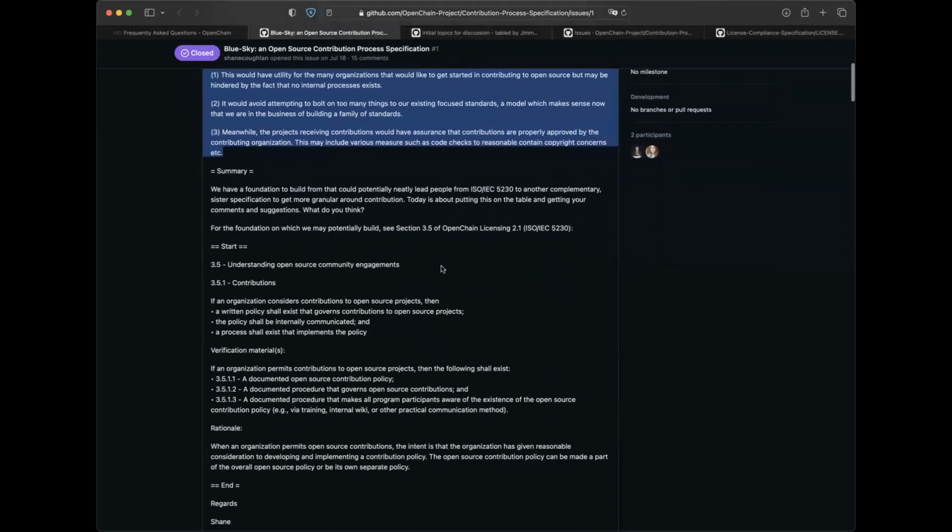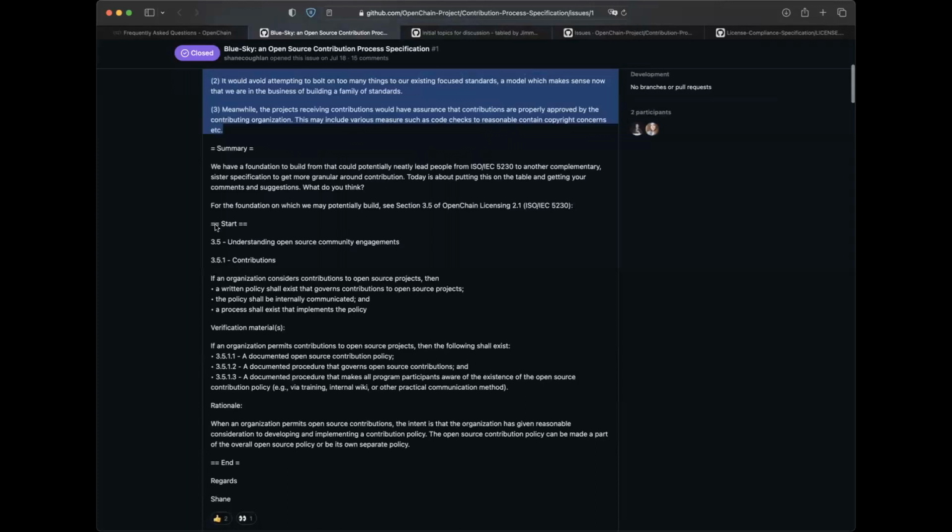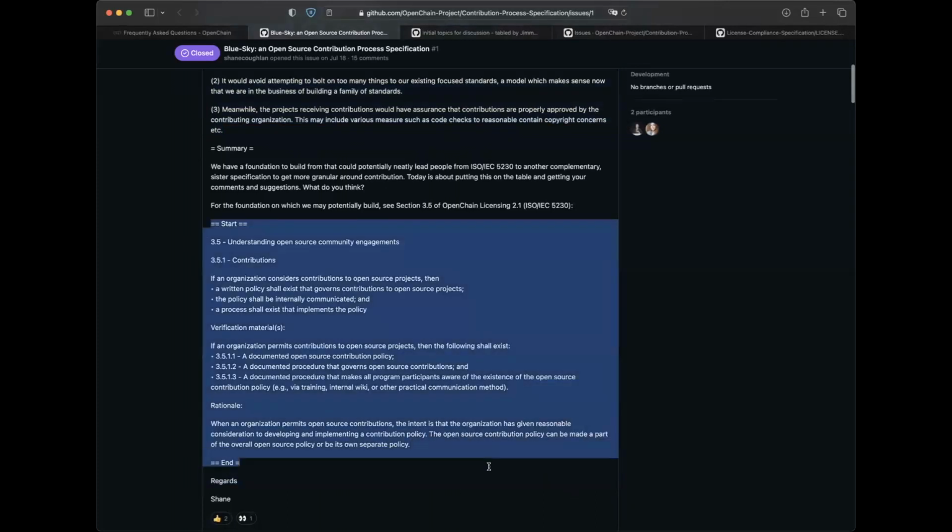So, it obviously suggests that taking the beginning of what we have here and building out is the foundation. The beginning would be to say there needs to be a policy. The next step would be to start describing the processes that are required after you have a policy written.